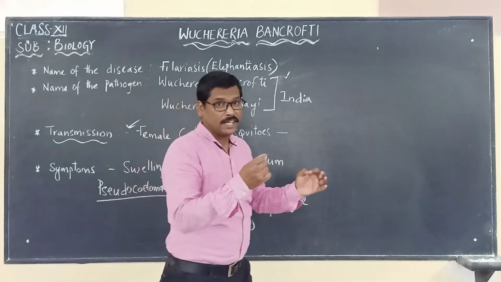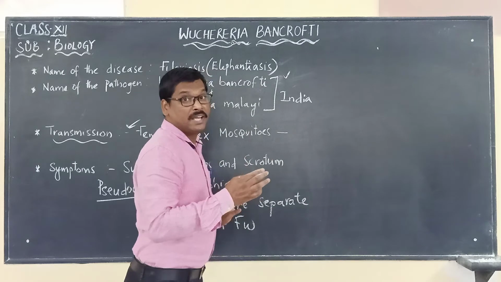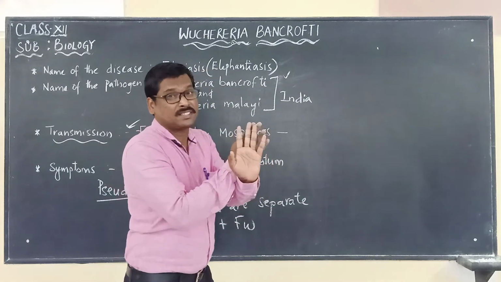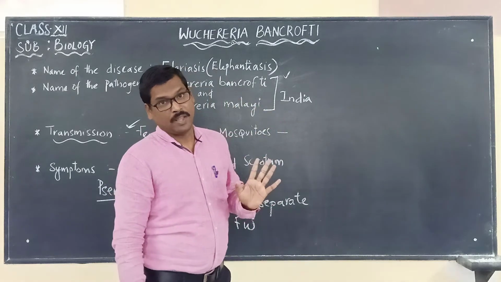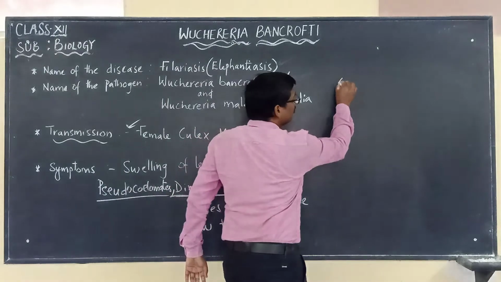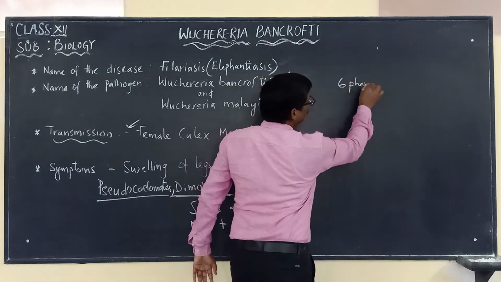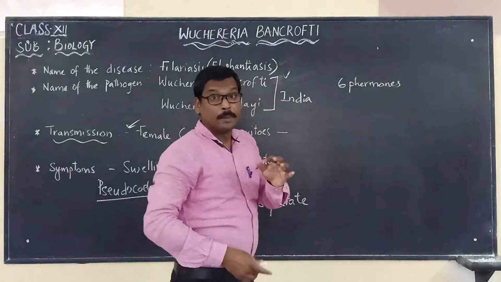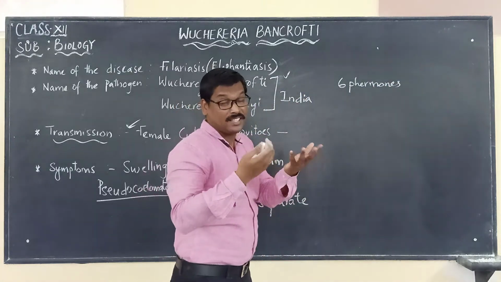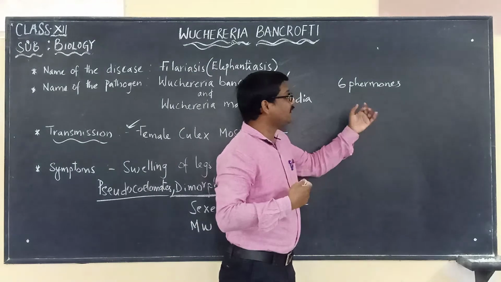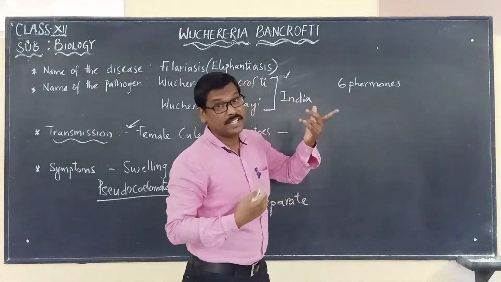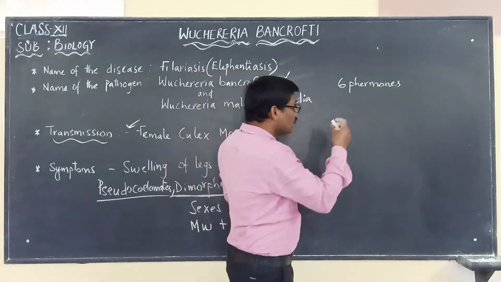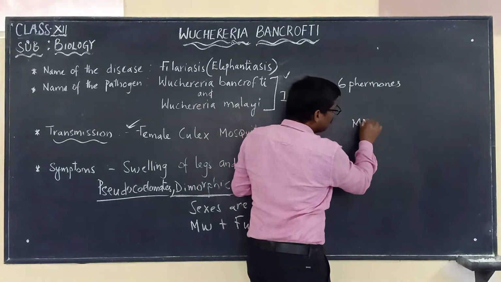As I said, there are male worms and female worms which are tightly coiled with each other. The female worm produces 6 pheromones by which the male is attracted. The male is attracted by the 6 pheromones released by the female. So that's why the male worm